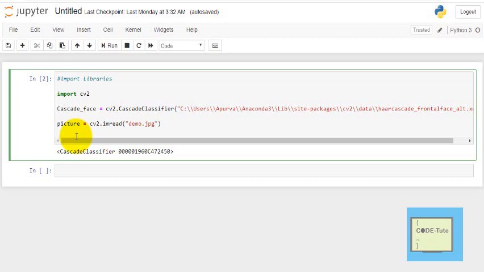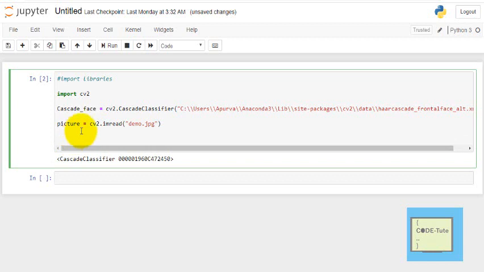So we will use cv2.cvtColor to convert that color image to grayscale. So gray is equal to cv2.cvtColor. This cvtColor is used to change the color space of the image. There are around 150 color spaces, but the most widely used is BGR to gray. BGR is blue, green, red. You can also convert BGR to HSV, but here I am going to convert my color image to a gray image.